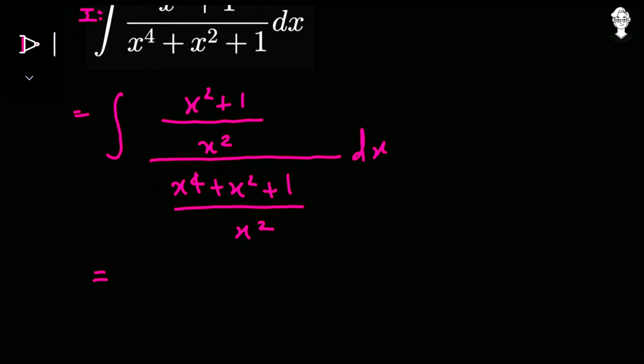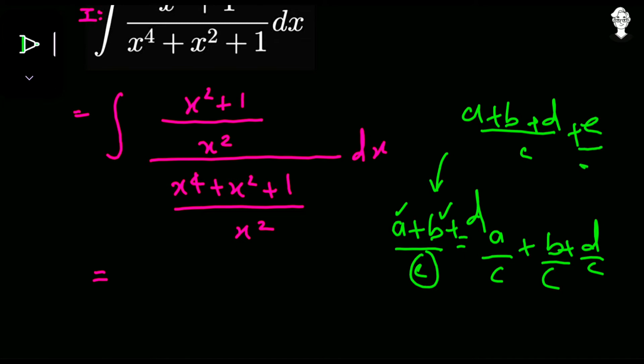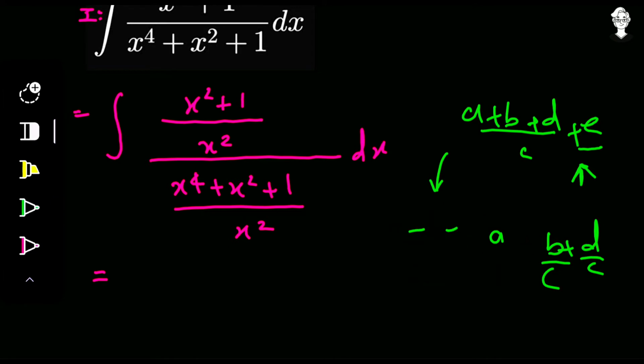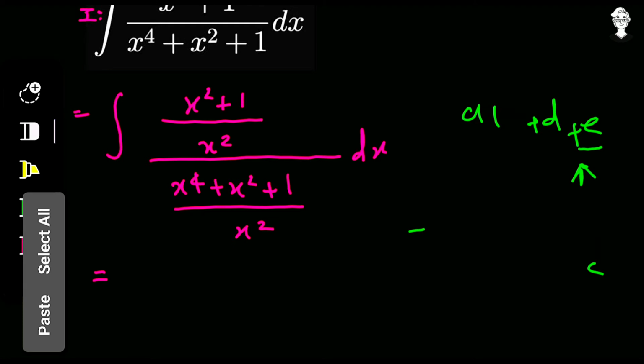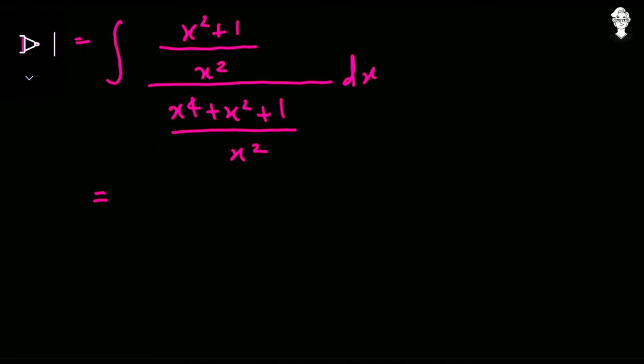Now we will separate the denominator. What is the meaning of separating the denominator? Understand it this way: a plus b upon c. If I apply the separate-the-denominator step here, it becomes a upon c plus b upon c. You can see this c has gone with this a and this b. Even if d is there, plus d upon c would be there. But in a plus b plus d upon c plus e, c is not a common denominator, so it will not work there. When a common denominator is present for a number of numerators, it can go with each and every numerator, and that is what we call separating the denominator. So yes, now let us move further by separating the denominator.